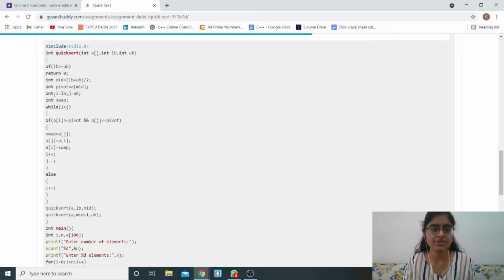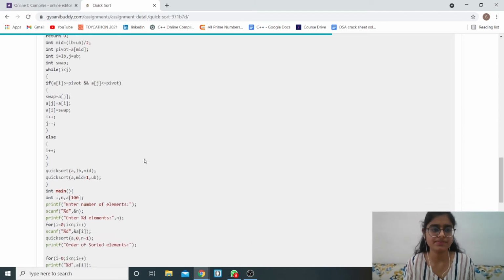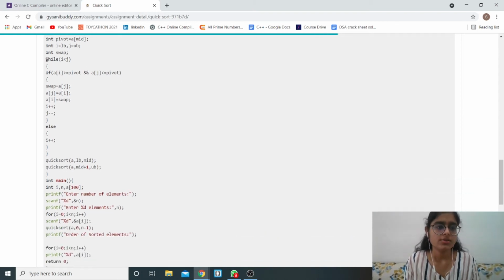I have initialized these counter variables i and j to the lower bound and upper bound respectively. And this is the swap variable, which is a temporary variable to swap two values if they are not in a sorted order or the order which we want in that particular subarray. So here is the while loop. The while loop will continue until i is less than j.